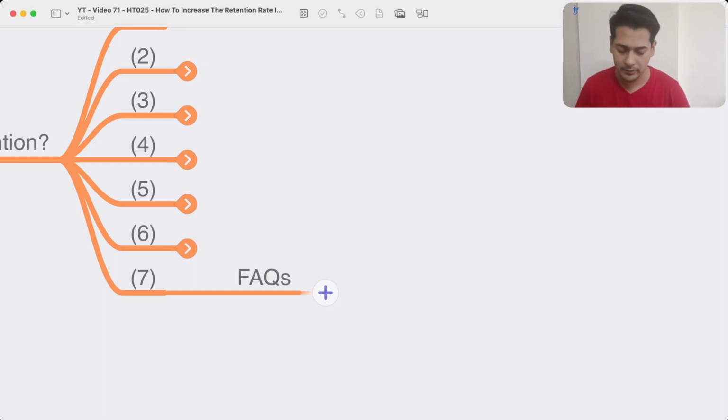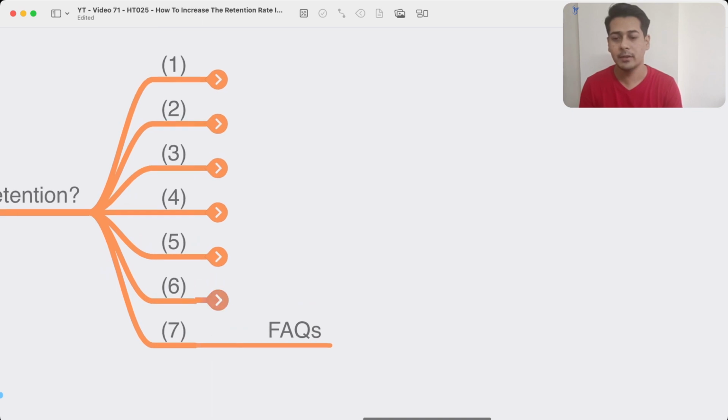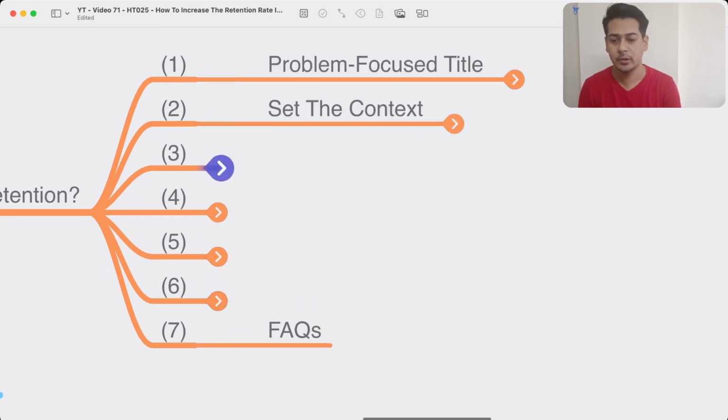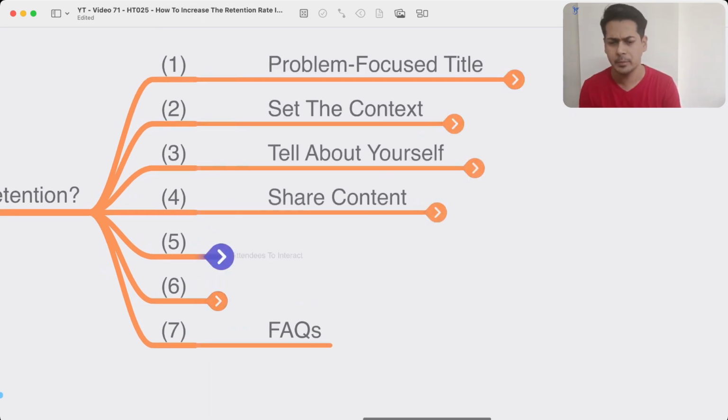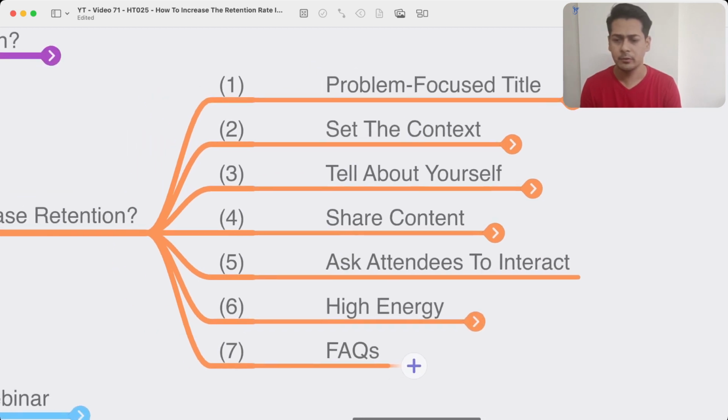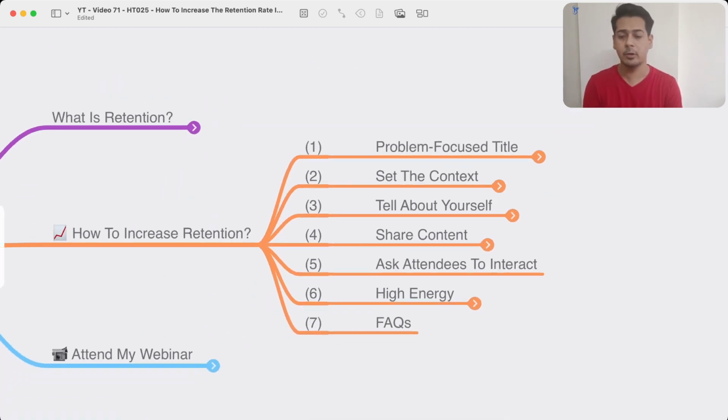So if you want, you can have all the 7 things incorporated in your next webinar or whatever webinar you conduct. If you want, you can take a screenshot of all the 7 strategies or aspects that I have in my webinar, and following these 7 strategies, these 7 aspects or steps, I recorded 100% retention rate in my webinar. 100% retention rate. It is a dream for many, but yes, a person like me recorded 100% retention rate.